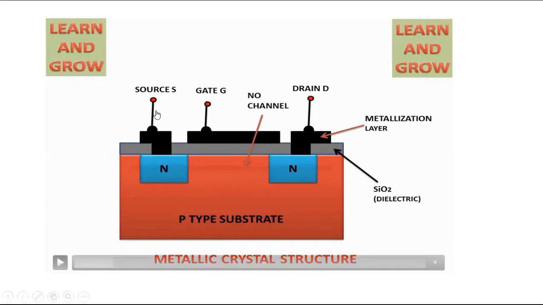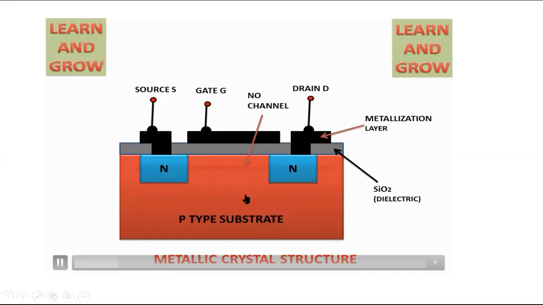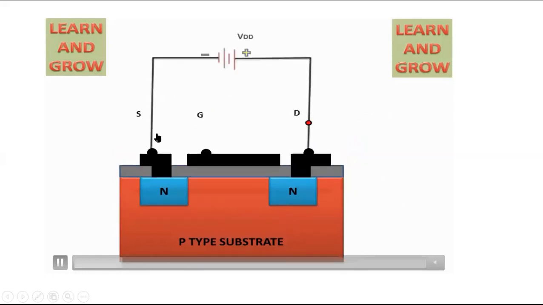N-channel means always the source is connected to negative and the drain is connected to positive, with the gate as the third terminal, which we will see here. So what is the explanation? How does the MOSFET work here? First, a P-type semiconductor material is taken on which N-type material is diffused at both the ends. Now we are giving the supply to the drain as well as the source. Source is connected to negative, drain is connected to positive. So can we expect the movement of the electrons? No. Electrons cannot move from source to drain because between the source and drain we have the P-type layer.